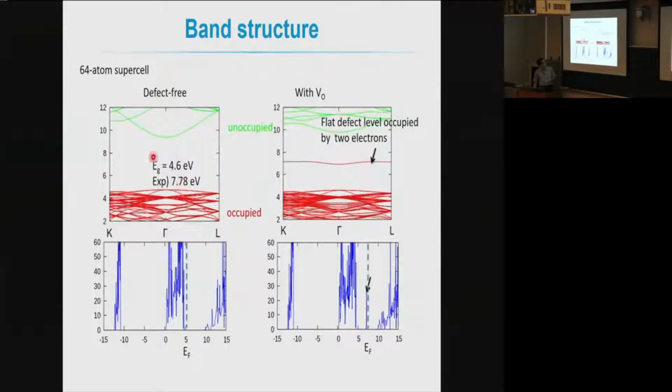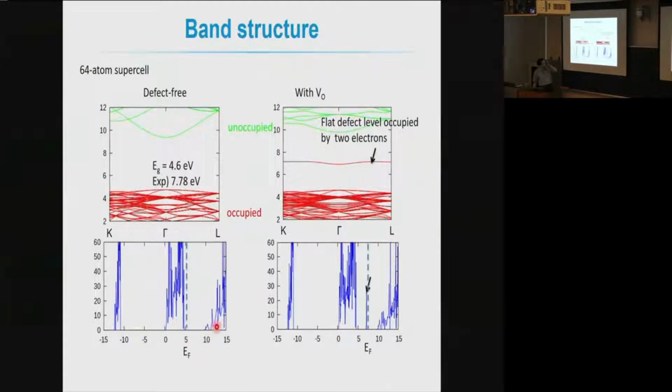Also, you can see that many bands are crossing within this Brillouin zone. This is because you have the supercell, and therefore the band structure is folded into this first Brillouin zone. That's why you are looking at many spaghetti-like bands within this Brillouin zone, compared to the primitive cell. And this is the density of states; you can see this is the Fermi level, this is the valence band, and